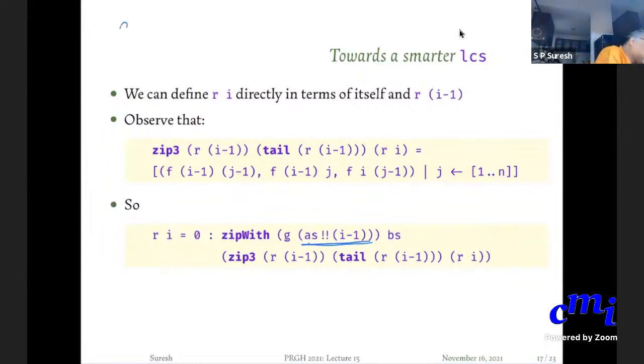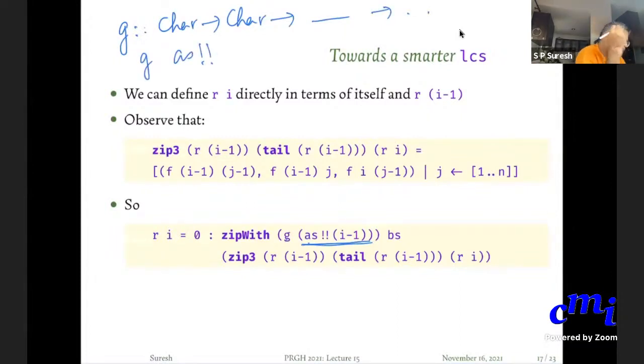So remember that g is a function from 2 characters to something arrow something. So g of a at i minus 1 is a function from 1 character to these triples.